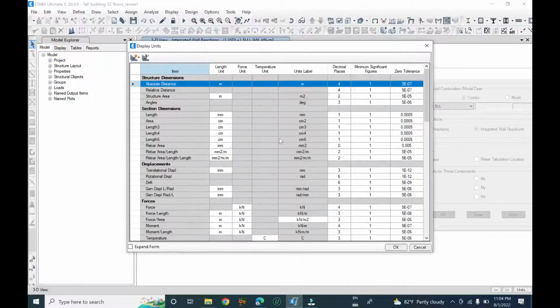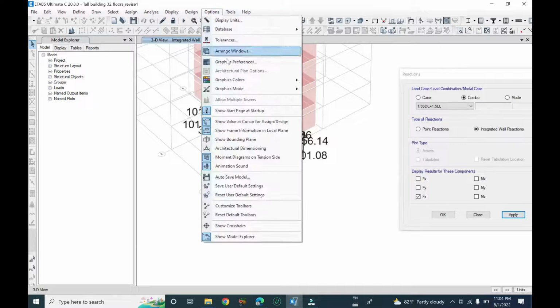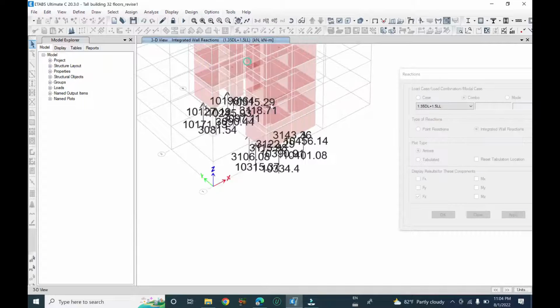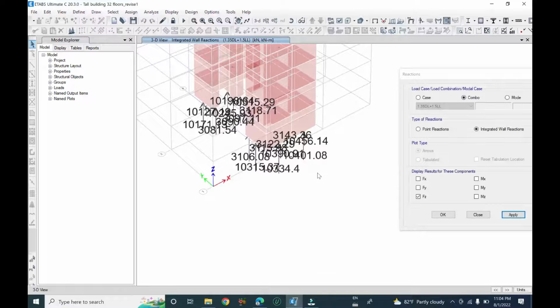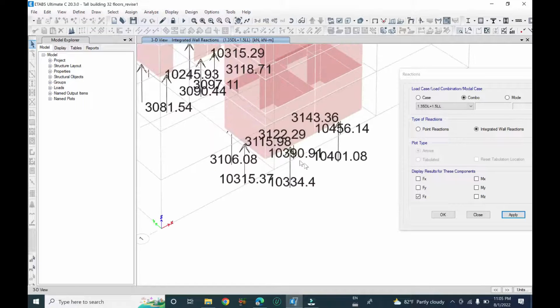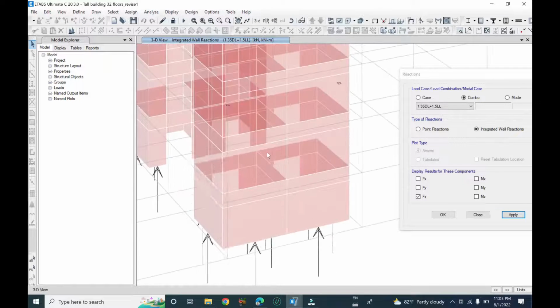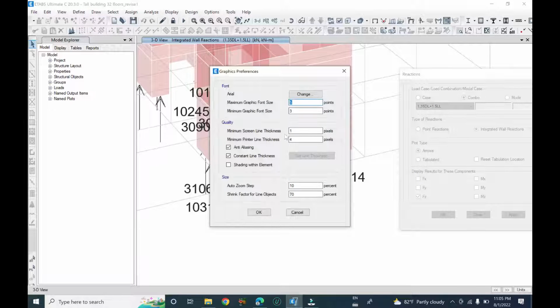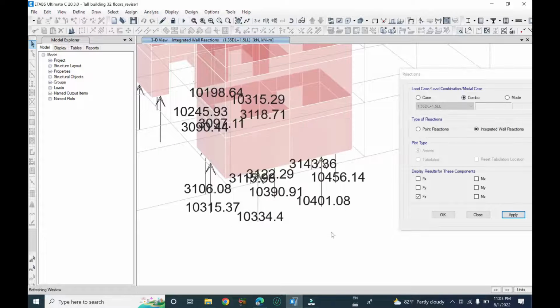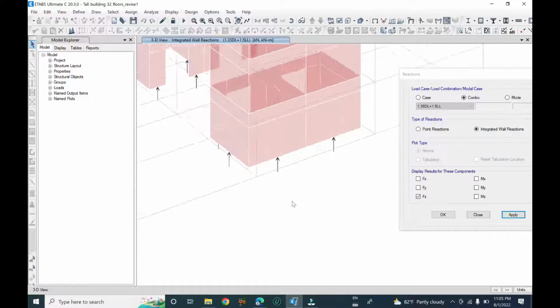display unit, no, option, graphic preference, maximum graphic font size. You can input 5. Okay, now the font size is large. Click it again, graphic preference. I want to reduce it to 3. Click OK. Yes,